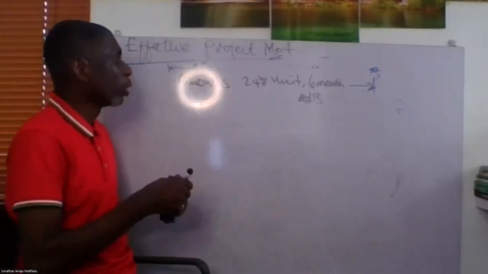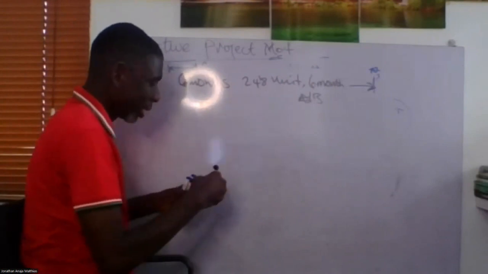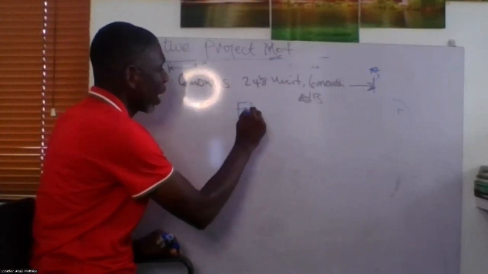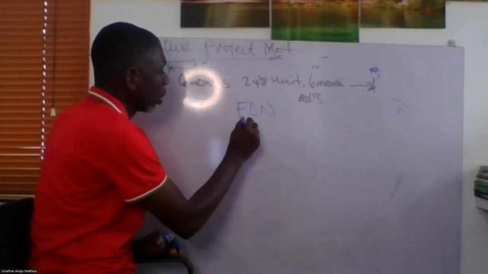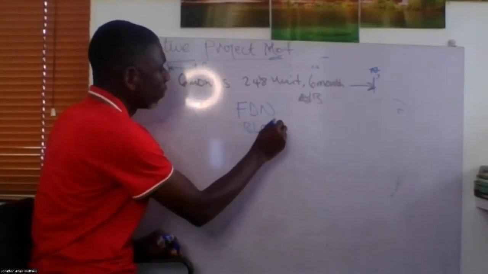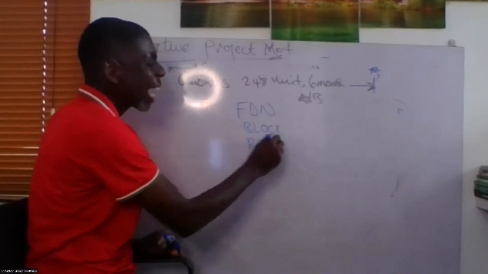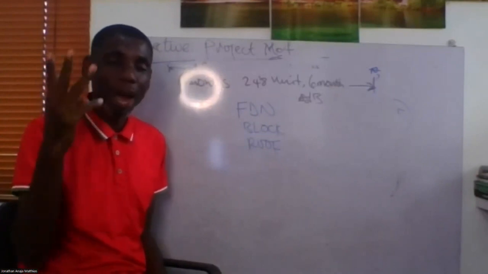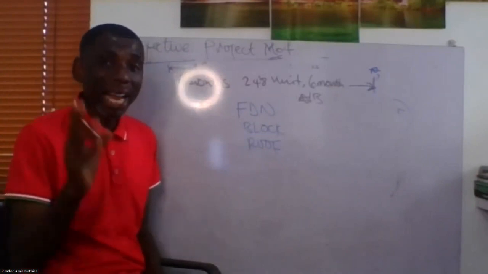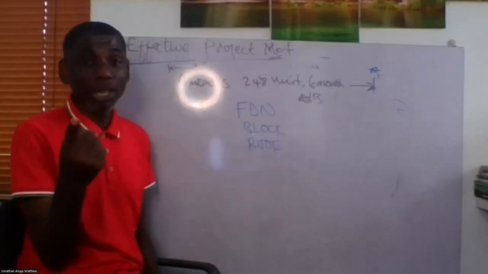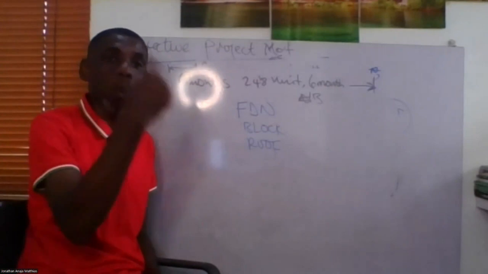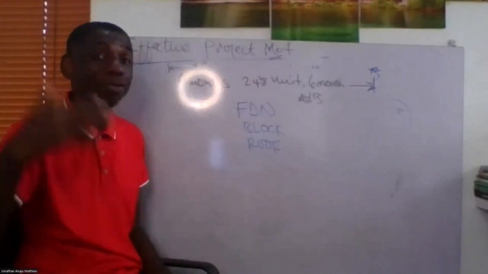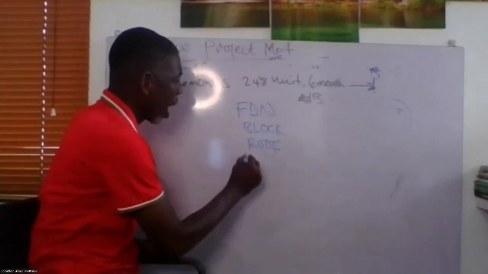I can now go further to tell Mr. Wesley that these 248 units, for example, I can divide into foundation, maybe block work. I can divide it into roof. Because I am an experienced project manager, and I have my issue logs, and I kept my records, I was tracking my baselines. Yesterday I talked about organizational process assets. This is what you put into your organizational process assets to help you analogously estimate future projects. So I can tell him,